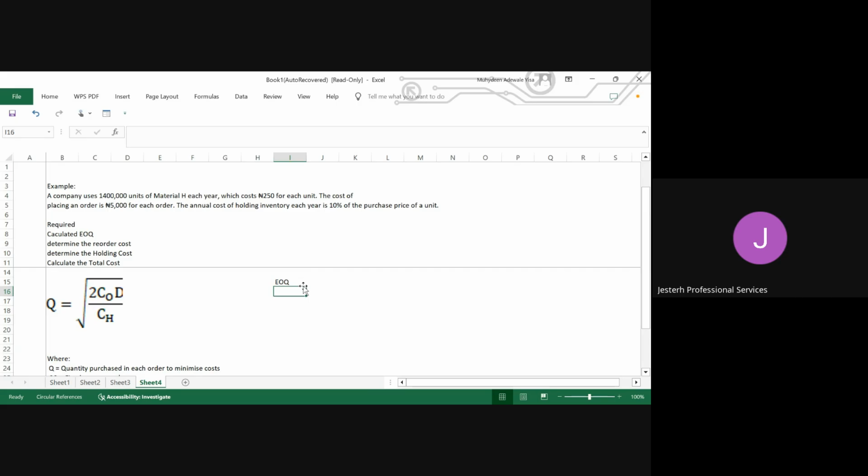Now, what is our formula? The reason why we need to calculate this EOQ is to know at what units we need to be bringing into the store in order to cover our total units for the year. Now, let's look at this question. The company uses 124,000 units of material each year. It means for the company to carry out their production